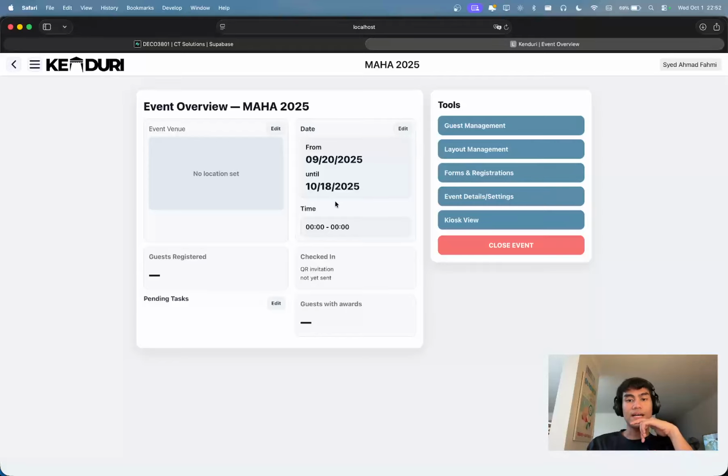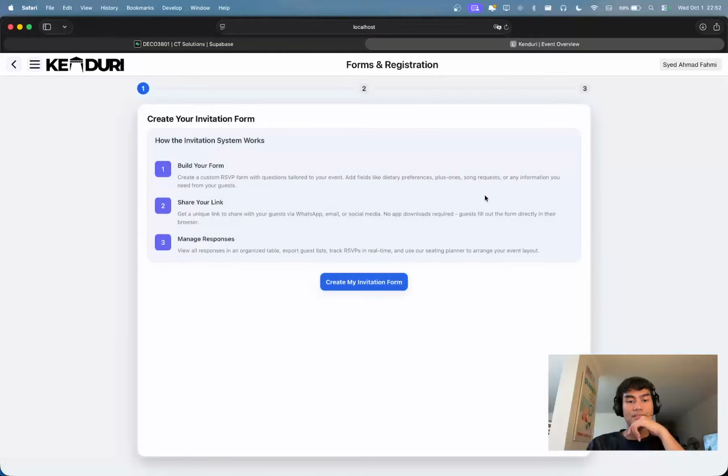Let's take a look at how our event organizer will use this app. What they are going to do first is probably the forms and registrations. If you go there, it will show this 3-step setup wizard, and it will briefly explain how the system works and how we move on from there. So I can create my invitation form,